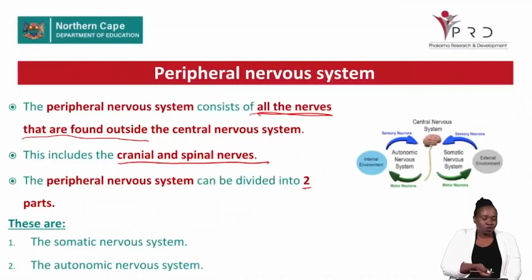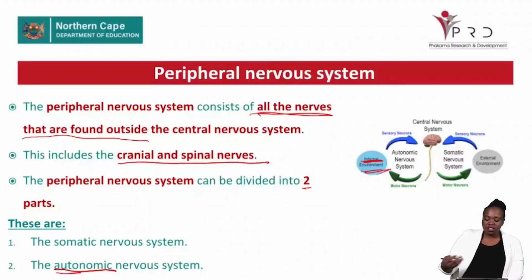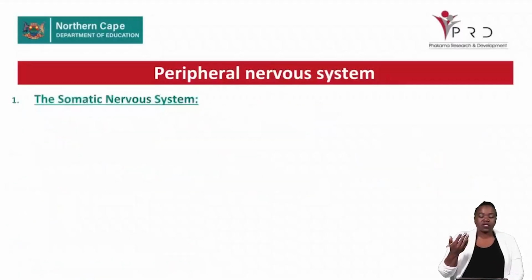Okay, so with the autonomic nervous system, here we are going to be looking at internal environment changes. So this one deals with the internal environment, whereas the somatic nervous system deals with the external environment. With the internal environment, we would be looking at all of the changes that may take place on the inside of the body, and those are the changes that are dealt with by the